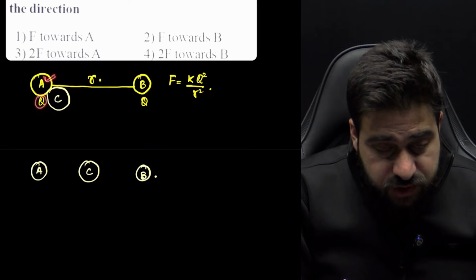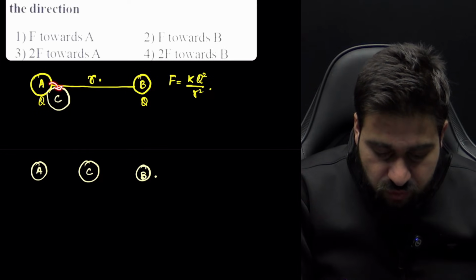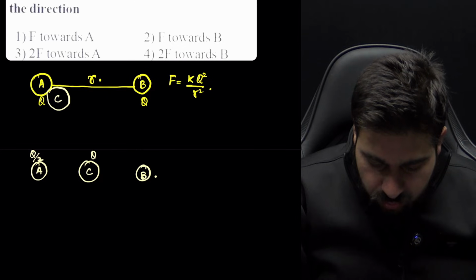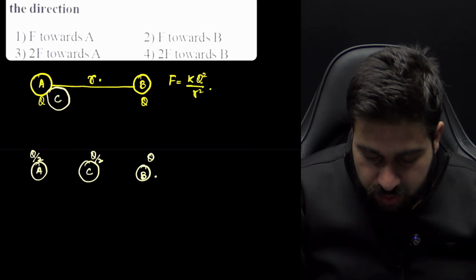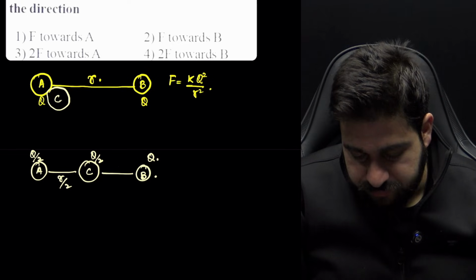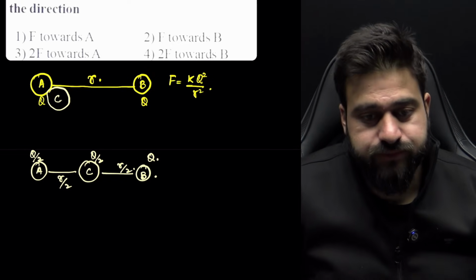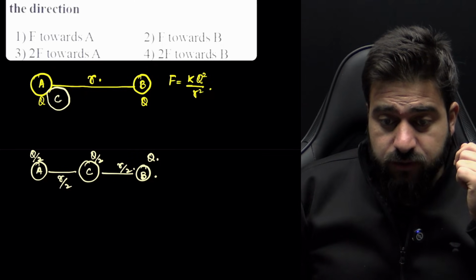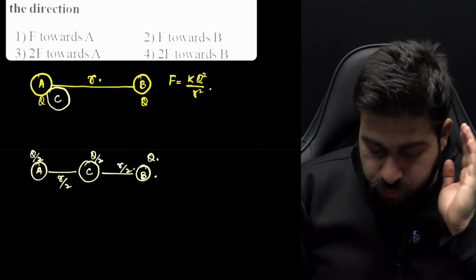When C, which is uncharged, is touched, it will take half of the Q. So now on this, it will remain Q by 2, and on C it is also Q by 2, and on B it is Q. And this distance is R by 2. This distance is also R by 2. Okay. Now, my dear NEET aspirants, in this particular case, what you are supposed to do, you have to find